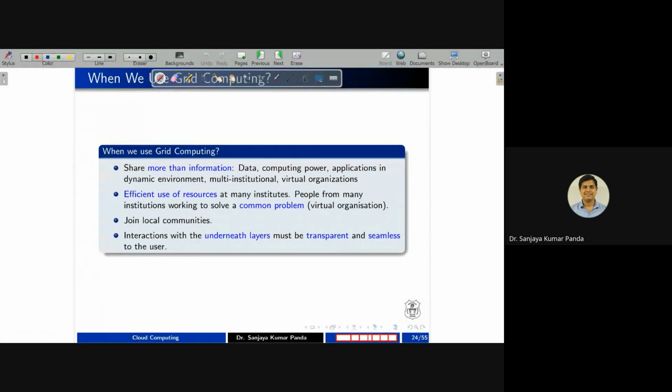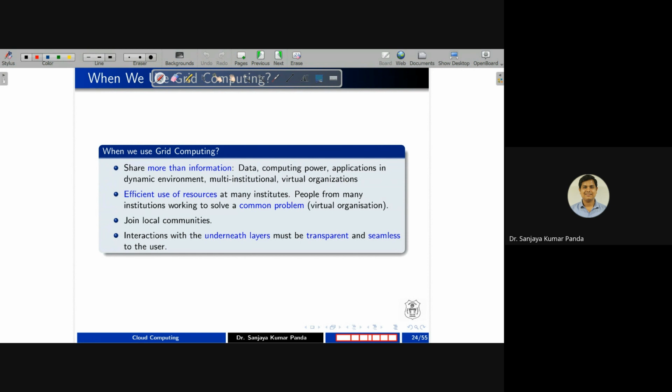Now, when to use grid computing? Again, as I told you, it is part of distributed computing. If the nature of your application supports it, then only can you go for grid computing. If you need massive computation, definitely you can go for grid computing. When multiple organizations collaborate with each other, they can create a grid to exchange resources or execute different kinds of applications.